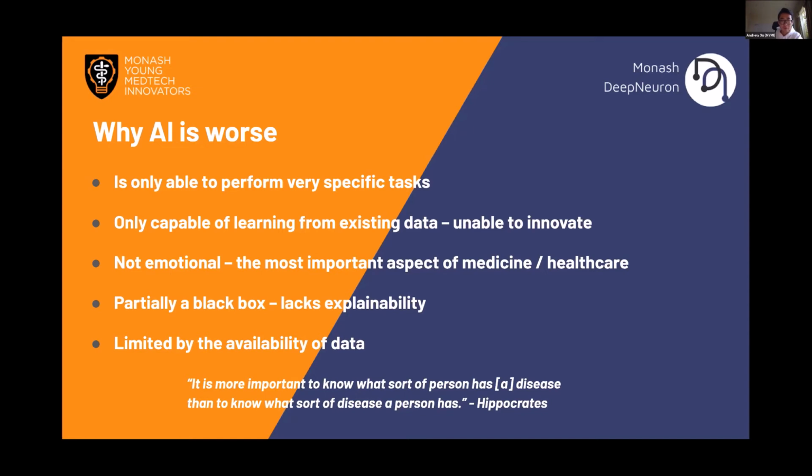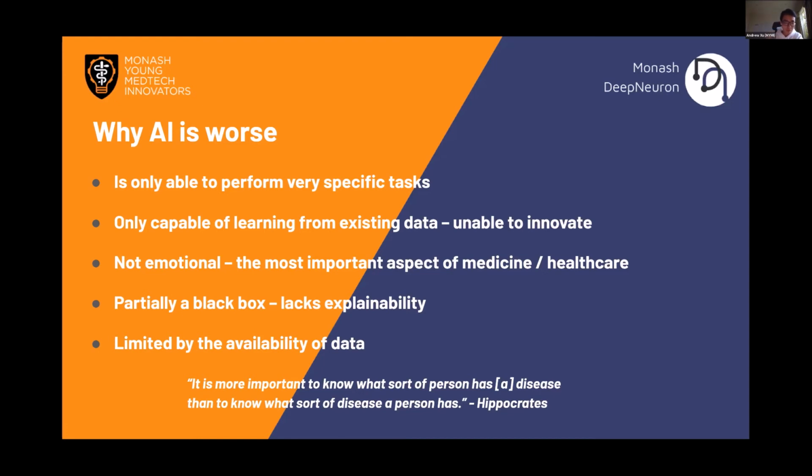And one other thing is that neural nets are notorious for their lack of explainability. So it's able to tell you what the right answer is, or what it thinks is the right answer, and it's able to do that very accurately, but it can't tell you how it arrived at that conclusion. Which is extremely problematic in medicine, because if we want to make a diagnosis, we have to be able to tell the patient why we want to make that diagnosis.